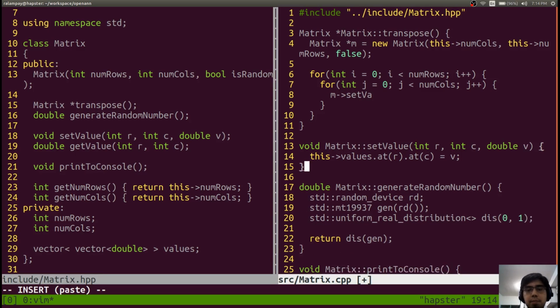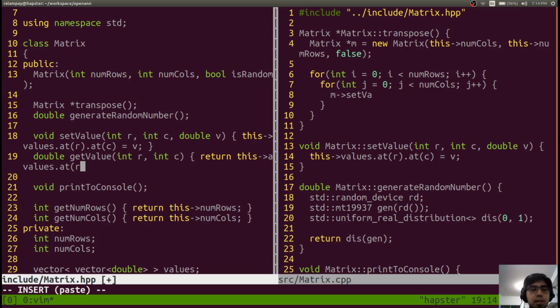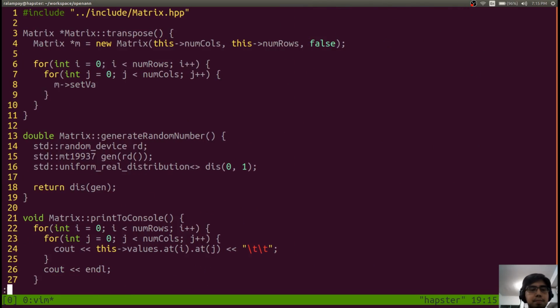well, we can implement it here actually. Set value will just be this. Okay, I'll just copy this. So we won't have to implement it in the CPP file. And then get value will just return this values at R, at C, and there. So we won't need this. Right. So we'll set value for the matrix at,